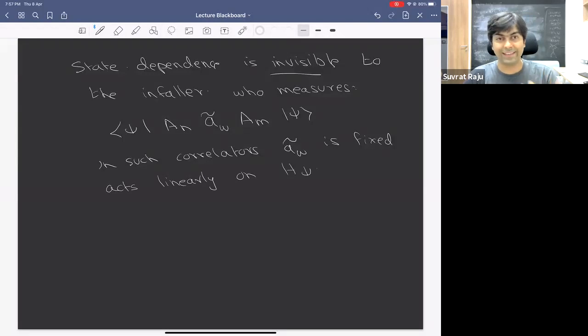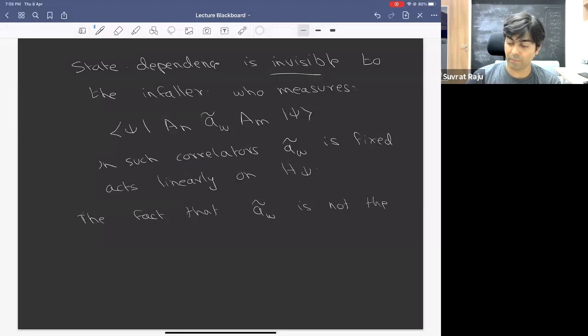So it behaves exactly like a usual operator. So if the infaller measures some correlators of this kind, the fact that this operator is not the same in some other microstate